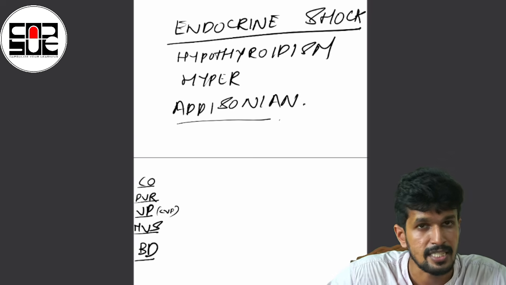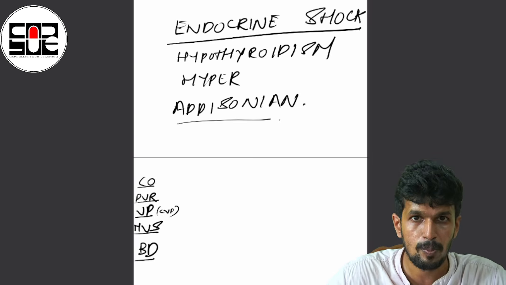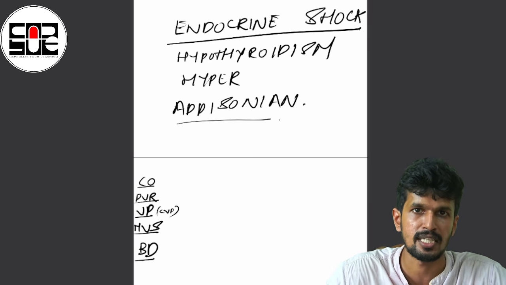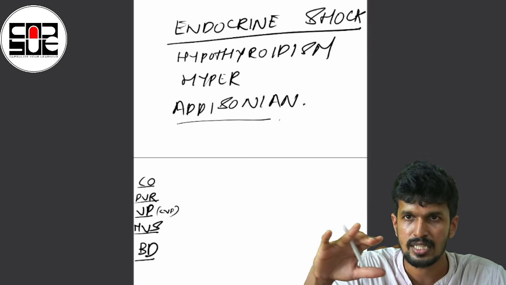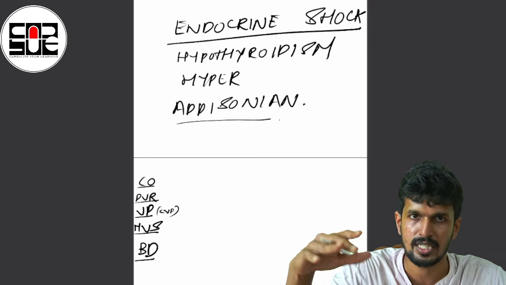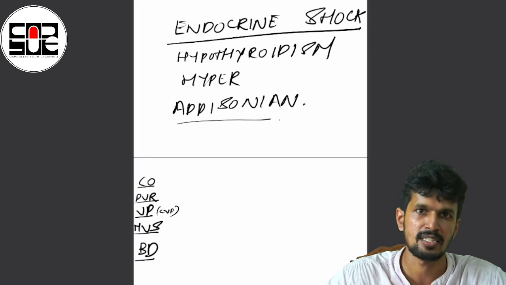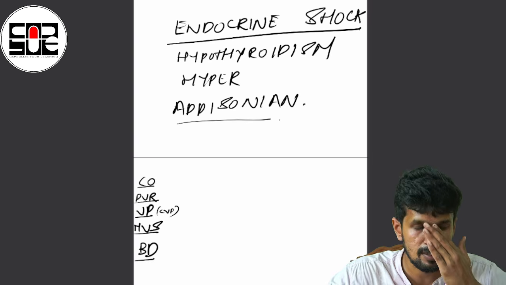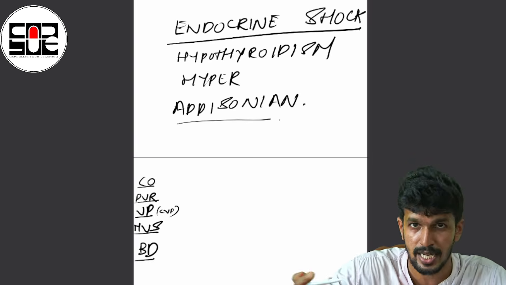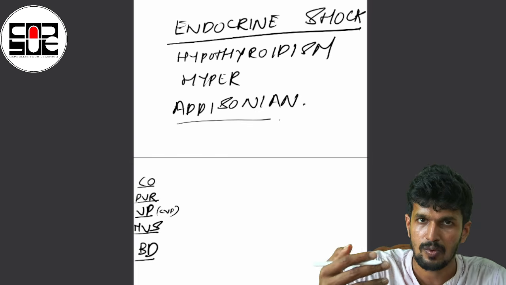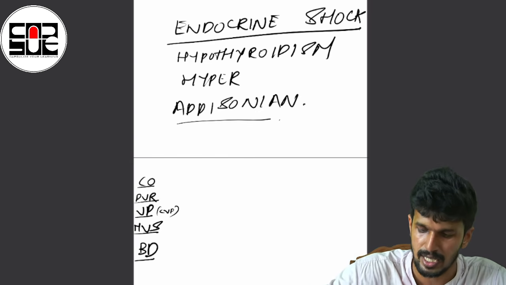What is mixed venous saturation? In a case of shock, it shows how much of the supply is getting utilized at the tissue level. That is, oxygen supply minus oxygen consumption gives you an idea about the mixed venous saturation. Whenever we discuss, I'll compare all the 4 types along with these cardiovascular and metabolic characteristics. I told you endocrine is a mix of all these.